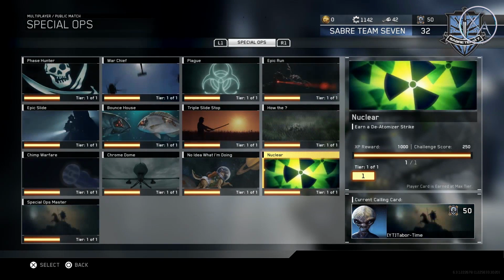Moving on to the final Spec Ops challenge before our Spec Ops Master calling card, we have the Nuclear. And this one requires you to earn a Deatomizer Strike. So it doesn't work unless you have the nuke perk on your gun, or unless you're playing Infected. So if you're somebody that's a really confident player, you've dropped nukes in the past, like you can go on really long streaks, then you can just play whatever game mode you're comfortable with, make sure you're using one of those guns that has a nuke weapon perk attached, and get a 25 kill streak with that gun,